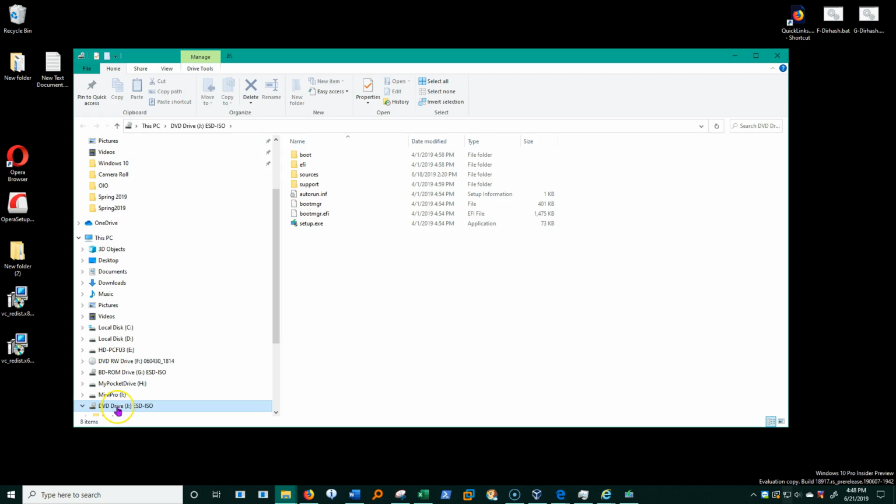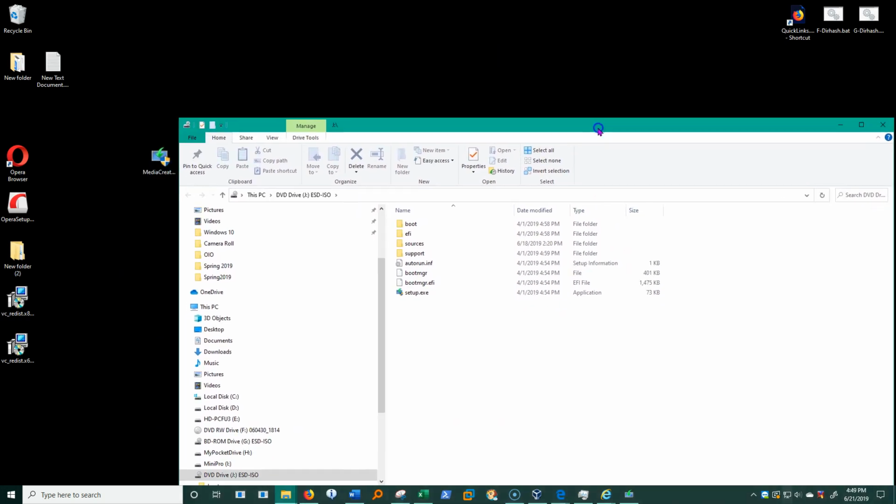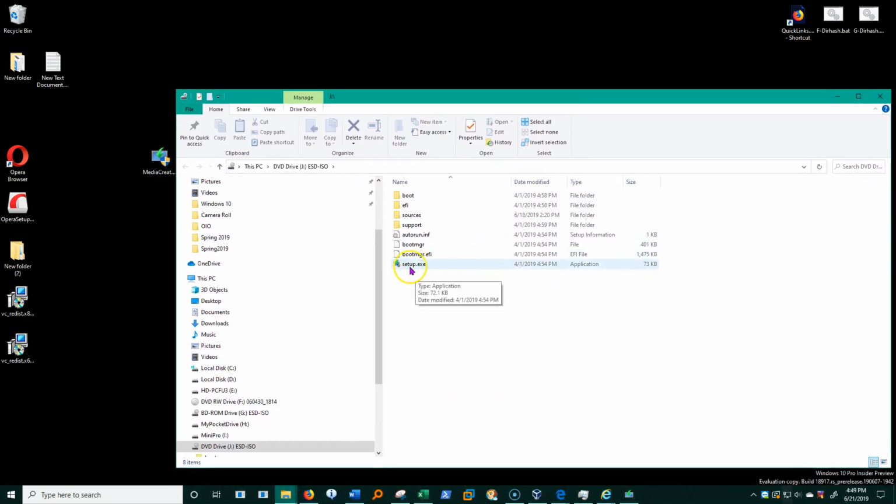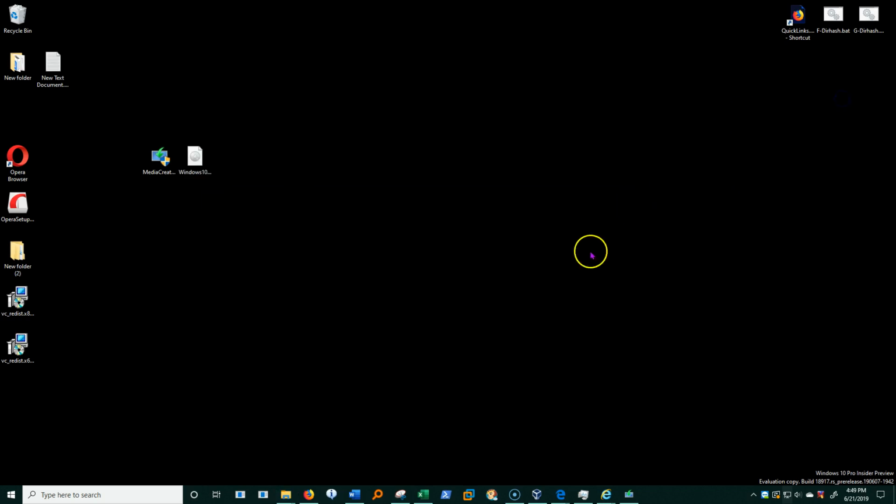It's not, it's just a file. But for all practical purposes, it looks like a DVD. So I can upgrade from here simply by clicking the setup.exe file and do an upgrade from whatever operating system I'm in to a Windows 10 operating system.